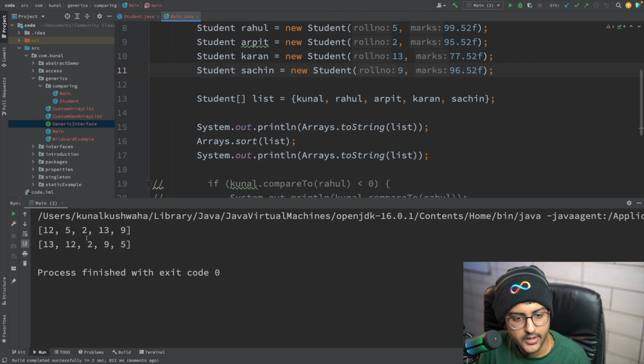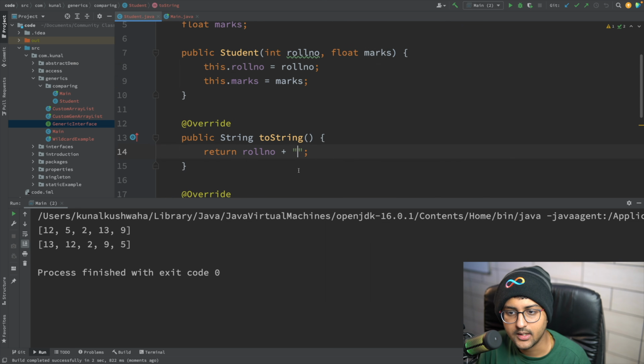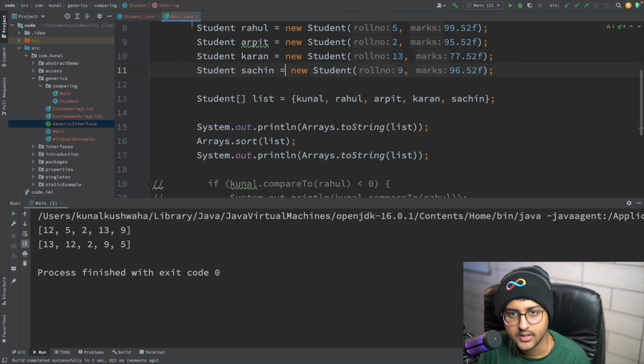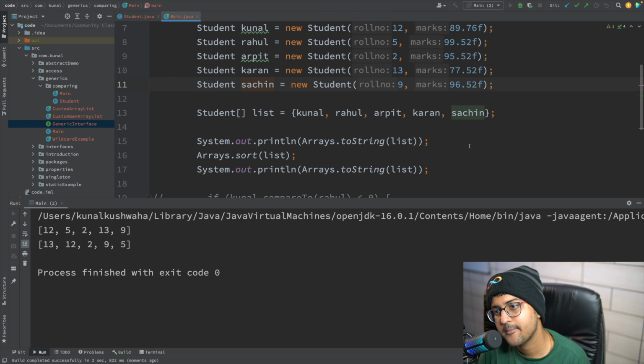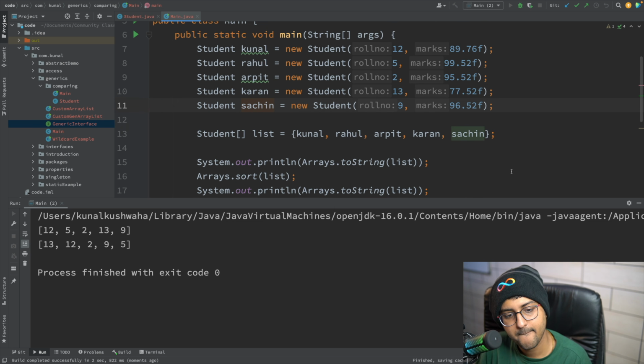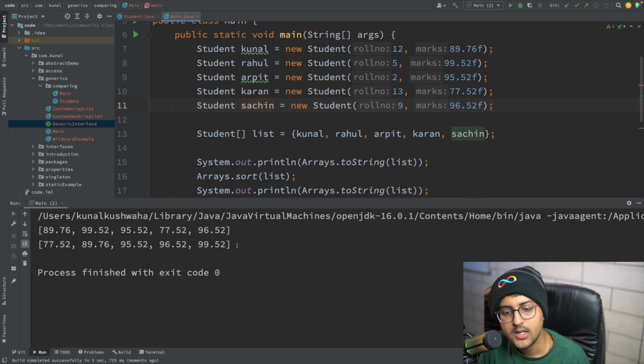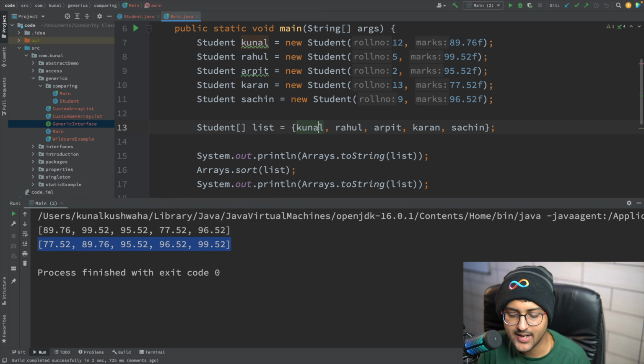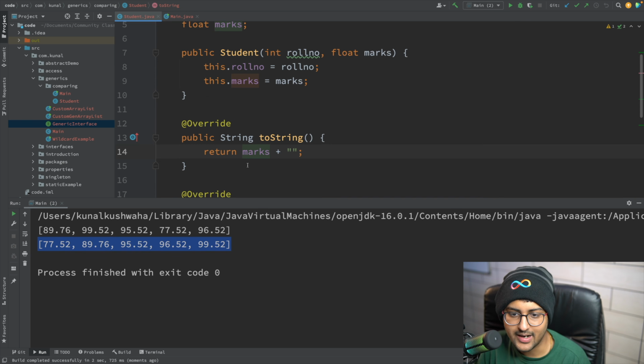It actually sorted it based on, I think, if I print marks and run this, then what will happen? Okay, it sorted it based on the marks. How come? Because I've added that over here.